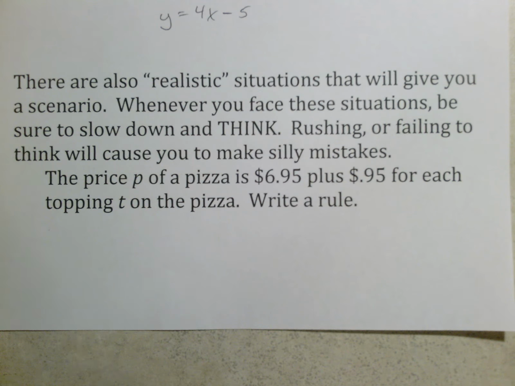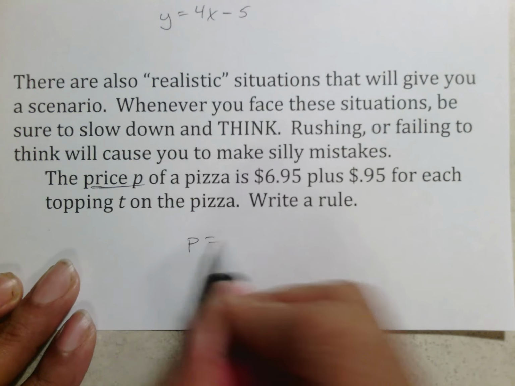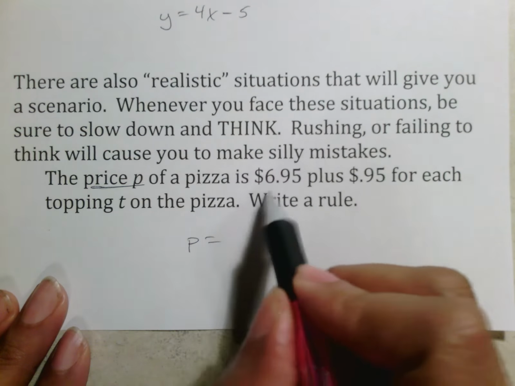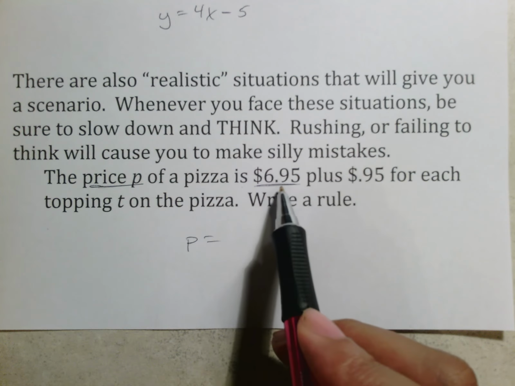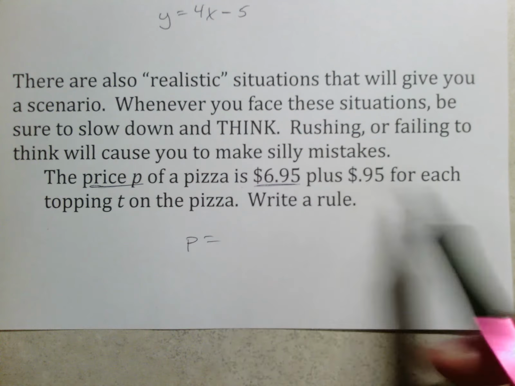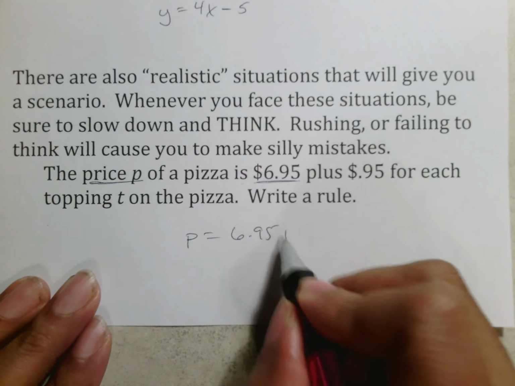It says the price P of a pizza is $6.95 plus 95 cents for each topping T on the pizza. It wants a rule to represent it. I think the total would be the price, and so I think I would put P equals. And this is where you have to look and say, what numbers make the price of the pizza? First off, it's going to charge me $6.95. Now I have to think, is this $6.95 going to get charged more than once? Let's read again. The price P of a pizza is $6.95 plus something else. So I think that $6.95 is regular. But I am going to add